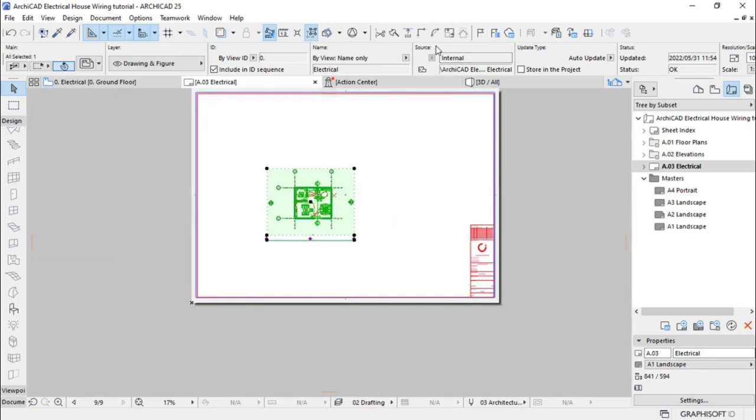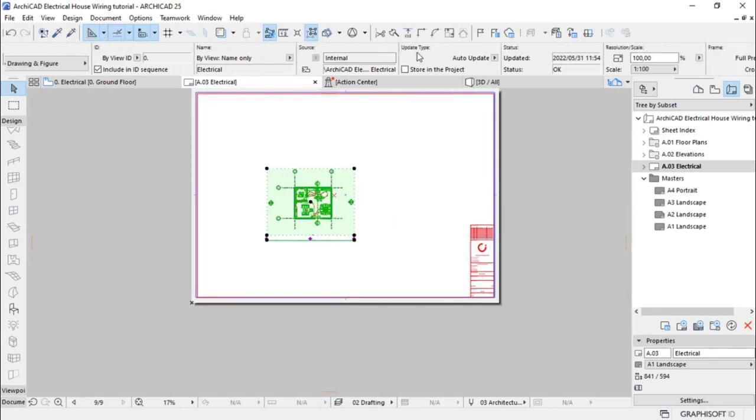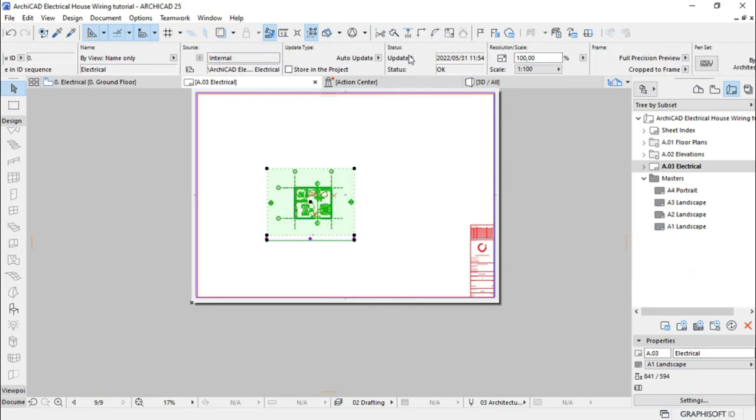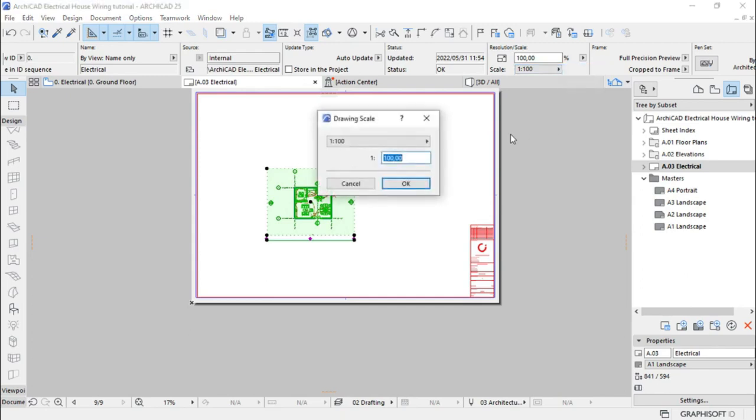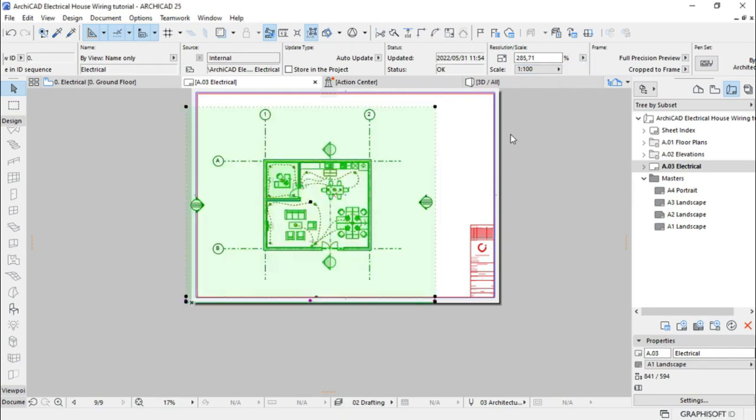If you go to the info box at the top there and scroll your mouse, you find the resolution or scale. Let's set this to custom and make it 35. I just want to make it big, and then I can crop to that,